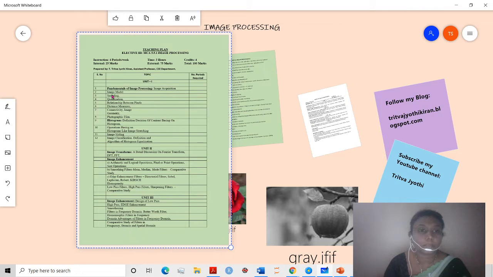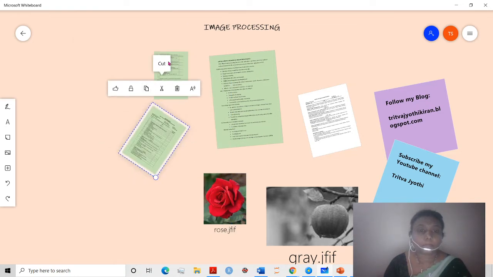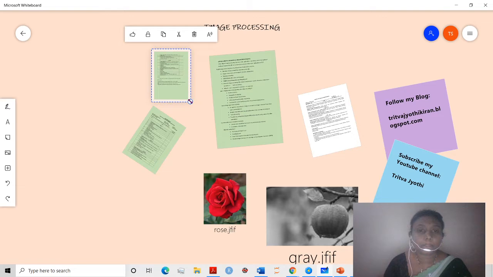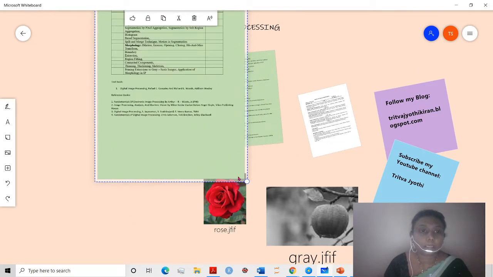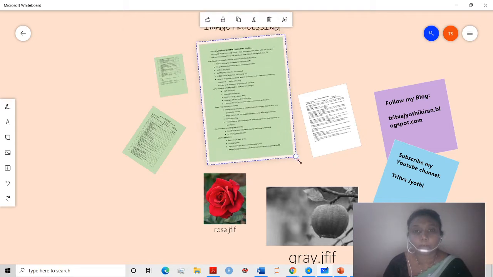First unit, Fundamentals of Image Processing for the MCA. For the MCA, look at this. These are the textbooks and reference books for your syllabus. Then for the IT, BTECH final year IT,